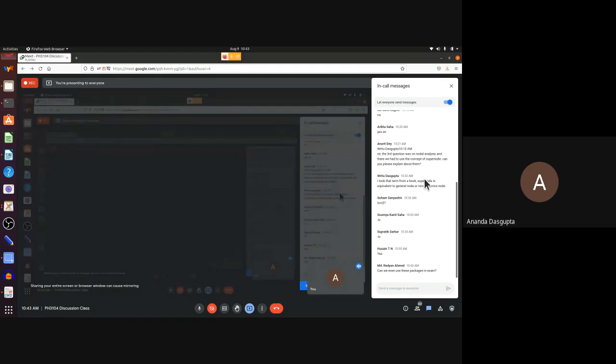But then, if your exam is supposed to be offline where you cannot use these packages, we will set questions where you will not need to use these packages. Okay? But if it is going to be online, I see no reason why you cannot use these packages. In fact, I would definitely encourage you to use them. That gives you more practice in learning about these useful things that you've learned about.